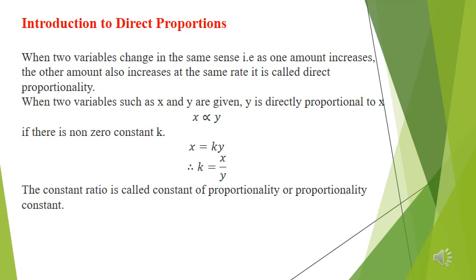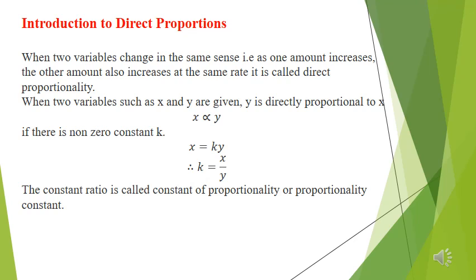First of all, we'll learn about direct variation. It is also called direct proportion. We have two variables, x and y. When the values of both x and y increase or decrease simultaneously, that is, if x is decreased then y also decreases, and if x is increased then y also increases,